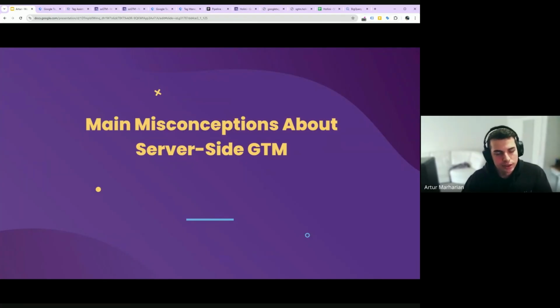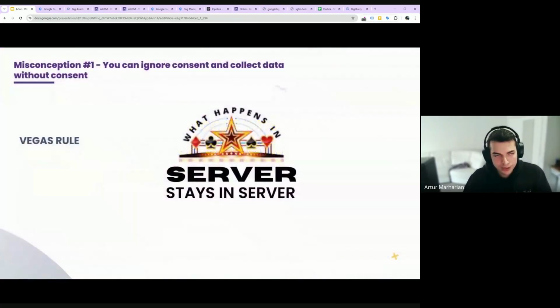Misconceptions about the server-side GTM. I made 3 of them. The first one is that you can ignore consent and collect data without consent. You cannot, from a legal perspective. Technically, yes, you can, and maybe even unintentionally, you also can. However,